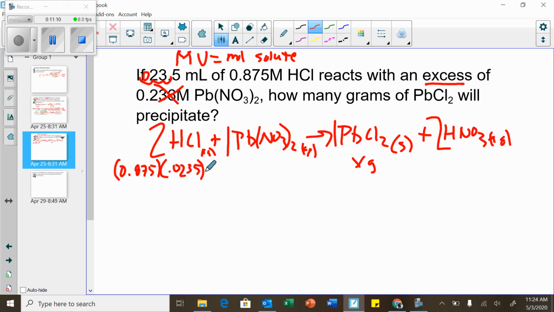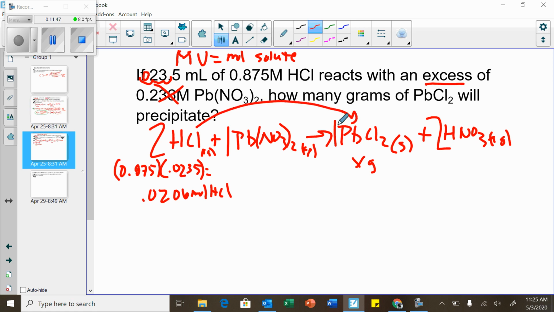0.0235. Okay, and it's going to tell us moles of HCl. And man, let's just get rid of the molarity and the volume right away. Let's just get it to moles, and then it's really simple, straightforward stoichiometry, you guys. So 0.875 times 0.0235, I get 0.0206 moles of HCl. Wow. So now we know moles of this guy, and we're just trying to find grams of